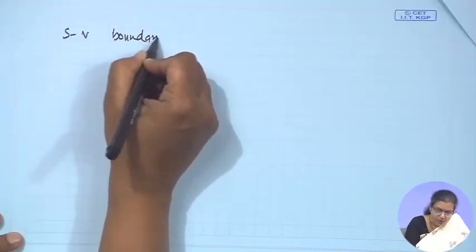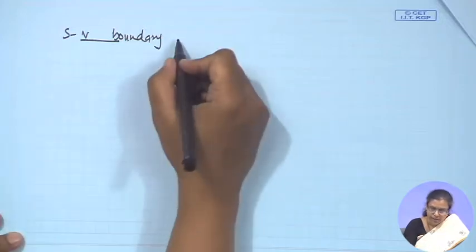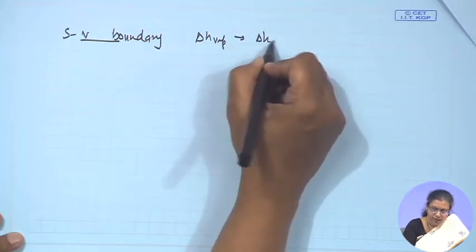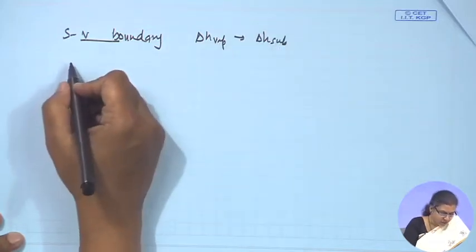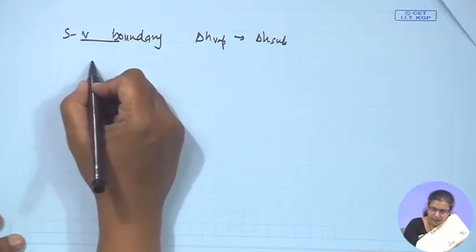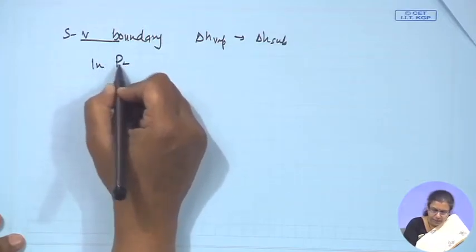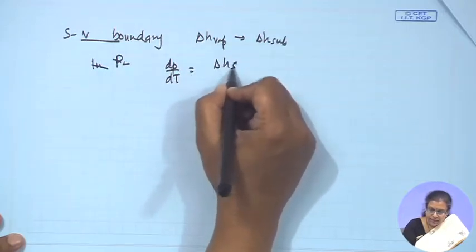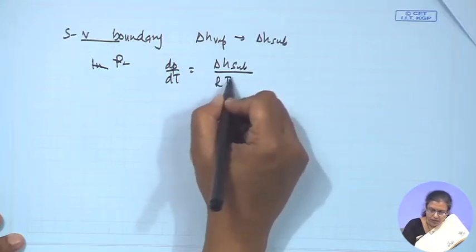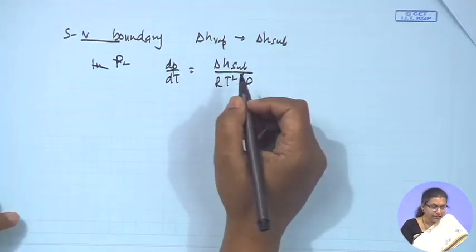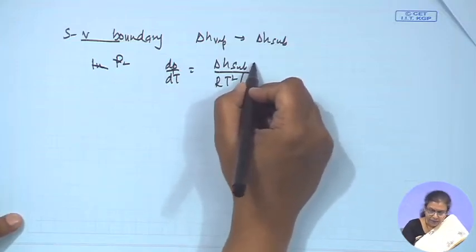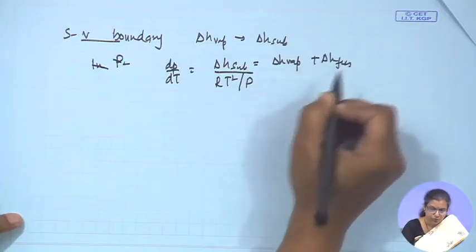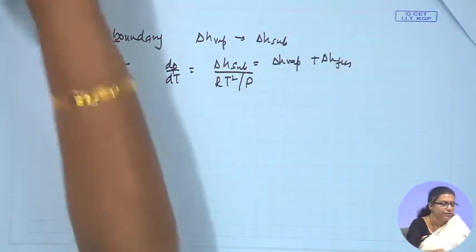Now, in the solid vapor boundary also it is almost the same thing, and the only thing that we do is we replace delta H vaporization with delta H sublimation, as a result of which the equation which we obtain in this particular case is dP dT, it is nothing but delta H sublimation by RT square by P. And keeping in mind that delta H sublimation is nothing but delta H vaporization plus delta H fusion, this automatically explains that